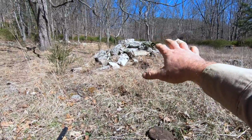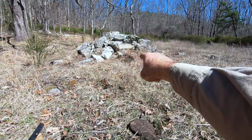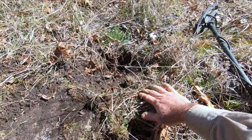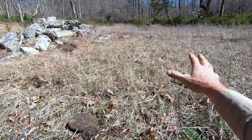Okay, so I think I have the house figured out now. I put my jacket up on the rock. That's that big piece of iron I'm going to dig in a minute. But if you look, the foundation comes out to here. You can see a line of rocks. And here's one right here. Comes down to about here, and then goes out that way. So the house probably sat like right in here. This little